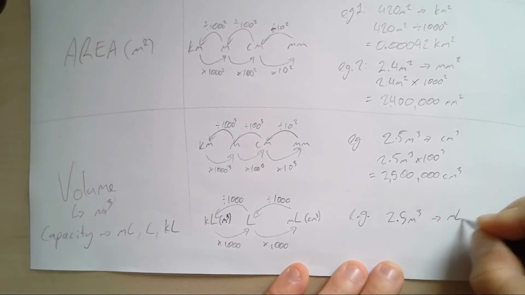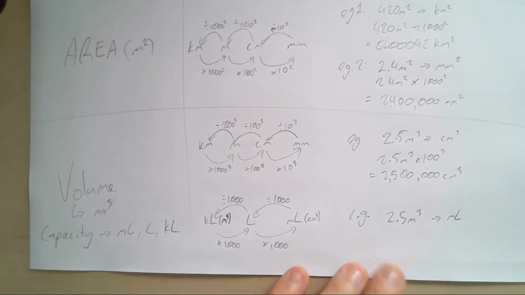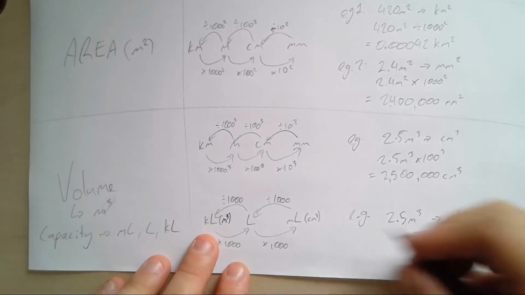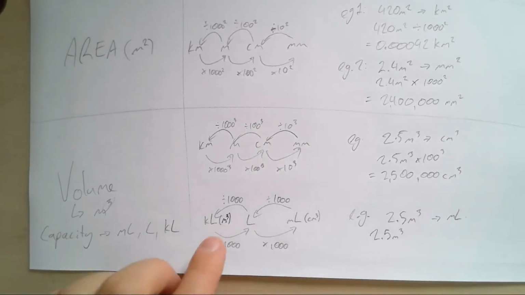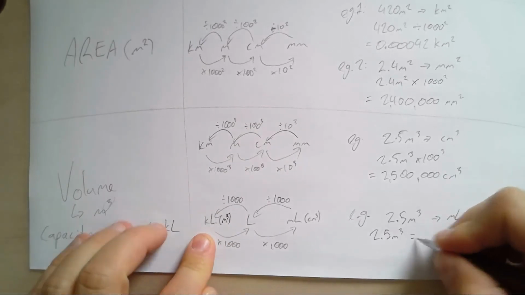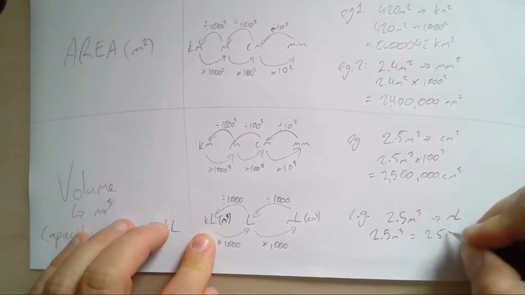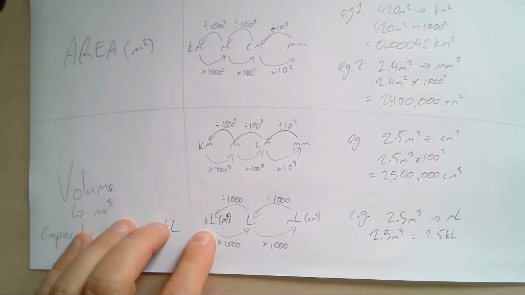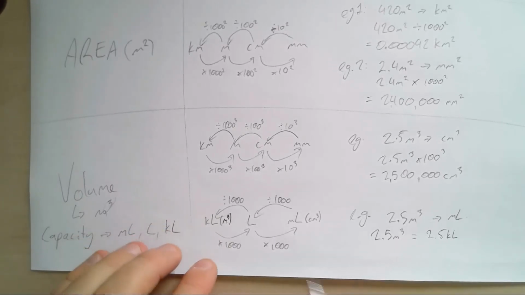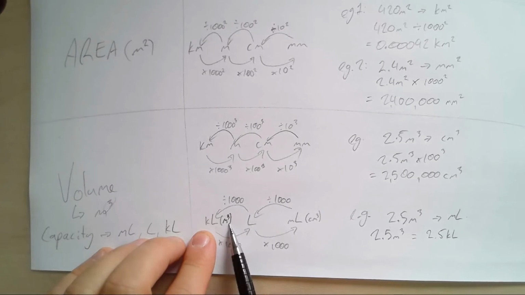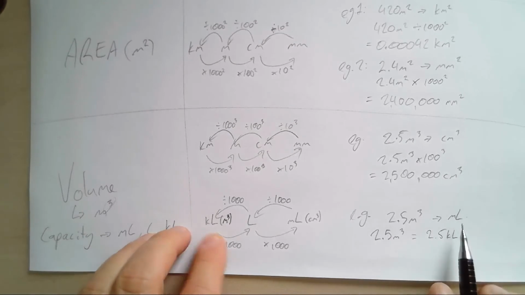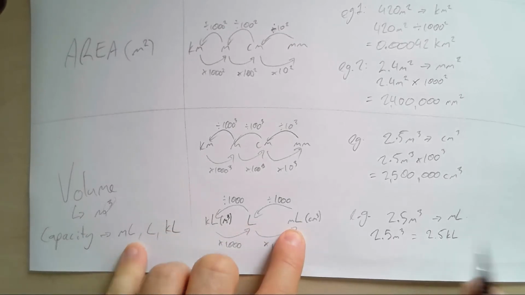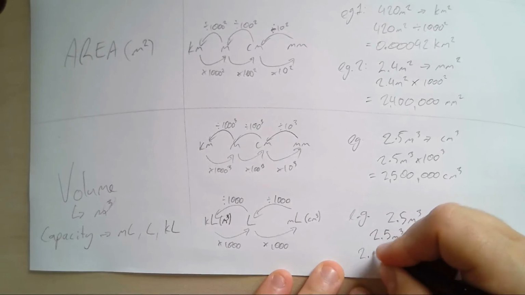Okay, so let's say I needed to convert, an example on this one, 2.5 cubic meters into milliliters. Well, what I know, okay, 2.5 cubic meters is equal to 2.5 kiloliters, because 1 kiloliter is the same as 1 cubic meter. Okay, so now I'm in kiloliters, now I can get to milliliters. So I'm going to go 2.5